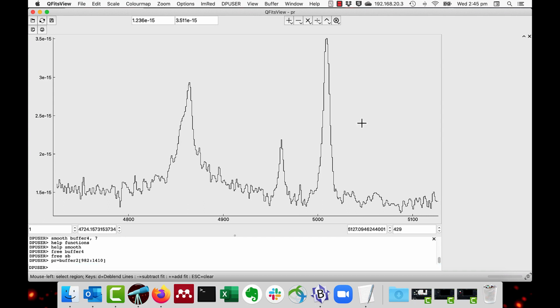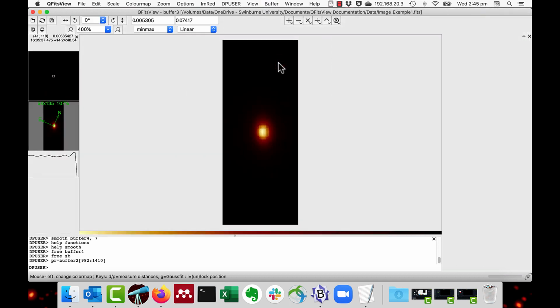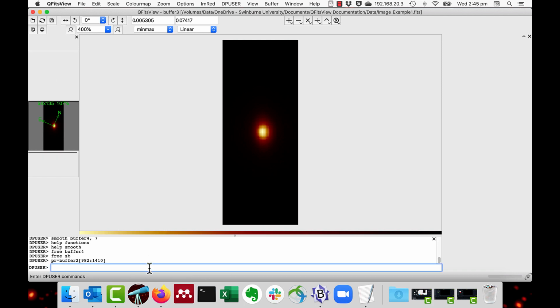You can also do this for 2D or 3D data. As an example, I can load up my image example 1, and you can create a new image just surrounding the galaxy core by doing the command, say, buffer new, as the name of the new buffer, equals buffer 3, which is the image I'm working with, square brackets, star, which is the whole range for that